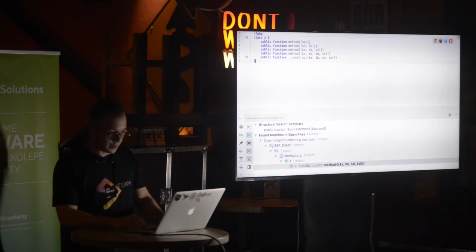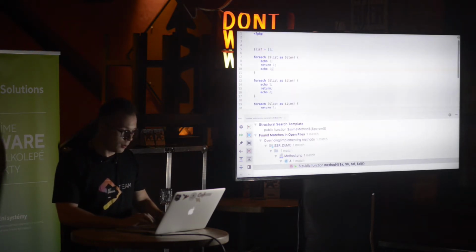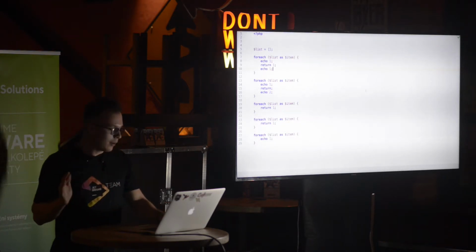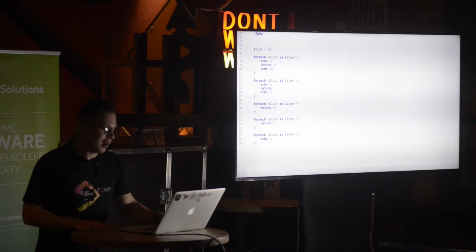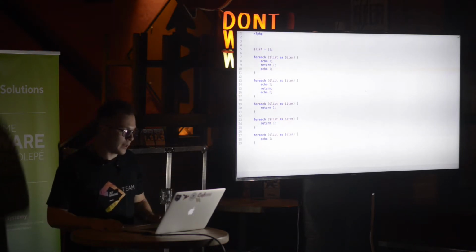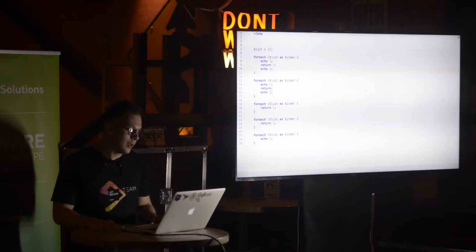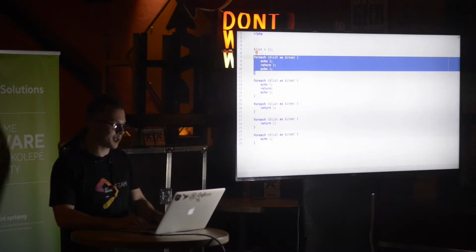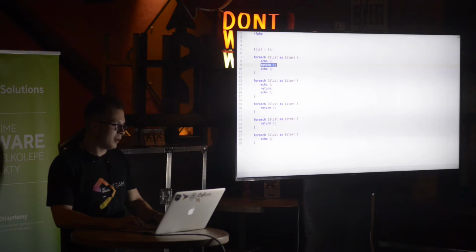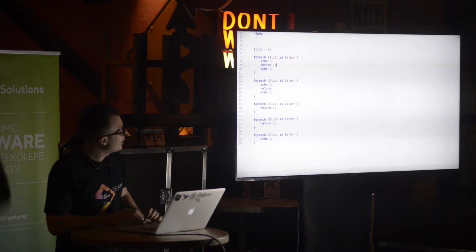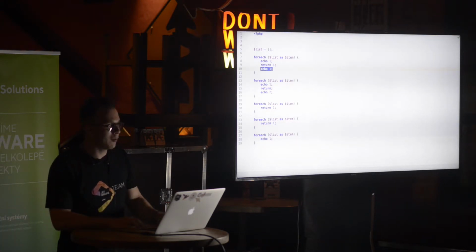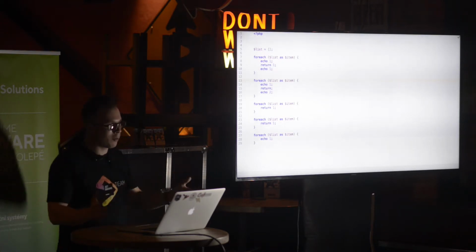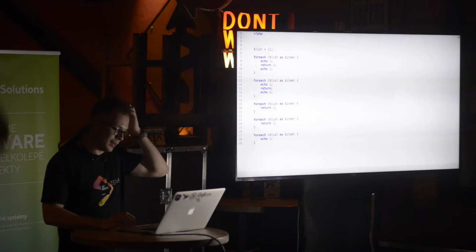Let's consider another example. For example, unreachable statement. We will mimic part of the unreachable statement inspection, and we want to find all such loops that have unconditional returns as one of their statements. So this looks interesting, right? This one will never be executed, and I think there is a bug. So we want to find such loops.